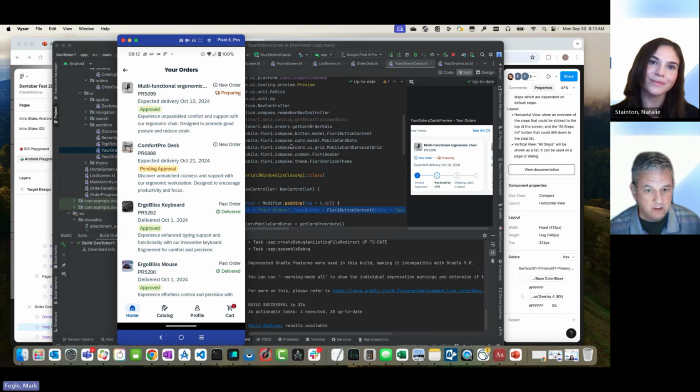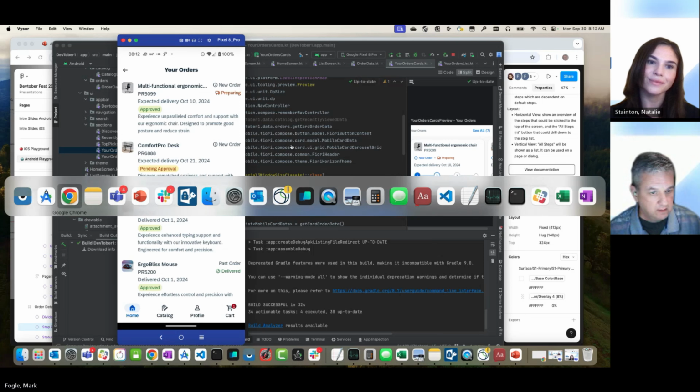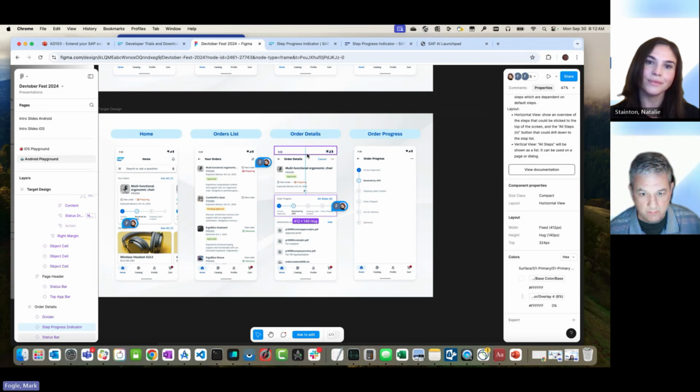So now I need to look at doing a detail page. So looks like I've got an object header here, just the basic header without any of the extra fancy stuff. And then I'm using the progress indicator here as it's going to be a custom composable. And then I've got attachments down below. And yeah, I could probably go ahead and do this all in Compose, but I'm going to do it all manual. But I think I'm going to go back to